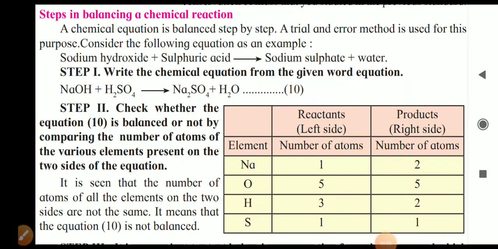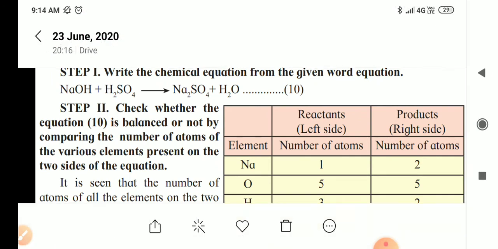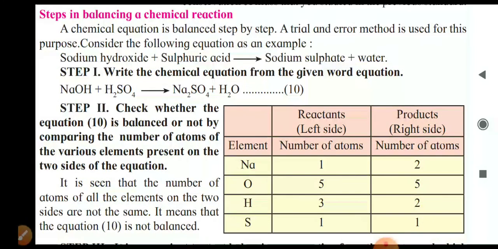We are studying 10th Science, third chapter, Chemical Reactions and Equations. Now this is second lecture. In first lecture we studied about the writing conventions of the chemical reactions. Now in this lecture we are going to start the steps in the balancing of chemical reaction. So how to balance a chemical reaction? We have to see that topic in this lecture.